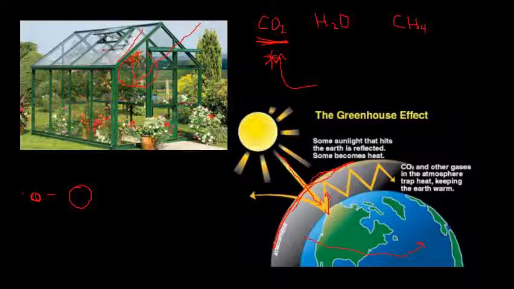And so right now, we're emitting a lot of CO2 into our atmosphere, and this is what our concern is: we need the greenhouse effect. It's good for us, but we can go too far with it. We can have too much CO2, and we don't want to end up like Venus, where it becomes too hot. We're trapping too much heat as that blanket covers the Earth, and that's going to cause problems in itself. So too much of a good thing can absolutely be a bad thing as well.